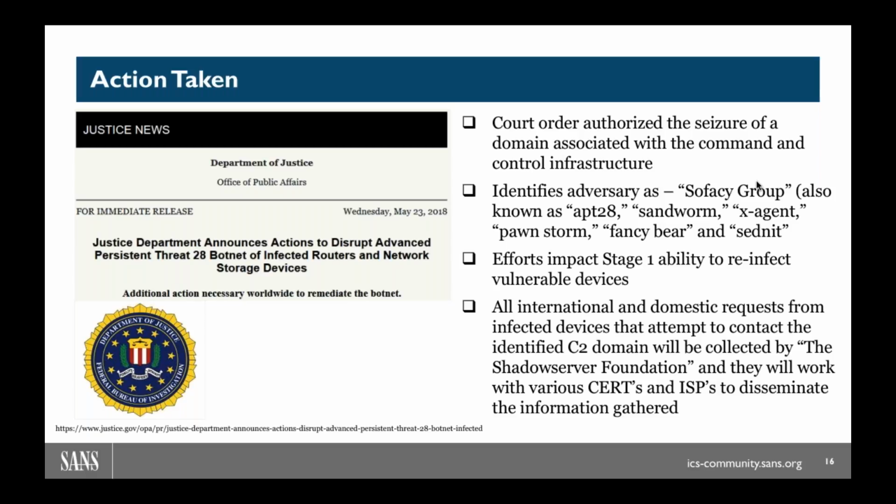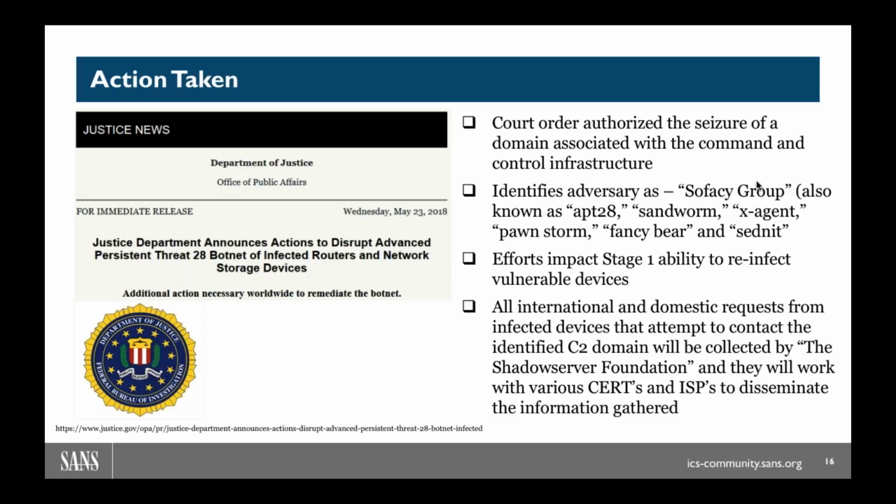Now, the initial components of that stage 1 have been taken down. However, since there's still questions in regards to how the foothold was obtained originally, the adversary group could simply load a variant pointing to different command and control, or they could connect into the listener service and point it to a different command and control option. So those are definitely things for asset owners and operators and defenders to take into consideration as they consider what